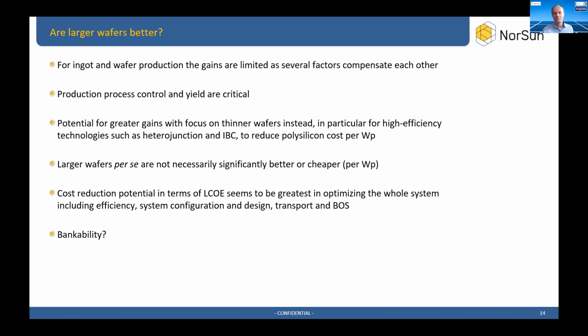For ingots, it's a marginal case, maybe a little bit better. Yes, for wafer, currently, no, it's actually a negative effect, especially because of the yield. What is critical, and that's critical for going forward as well, is the process control and improving yields. If you have a higher yield loss, of course, then the case is negative. So the gains are mainly further downstream on the cell and mostly on the ingot and system, on the module